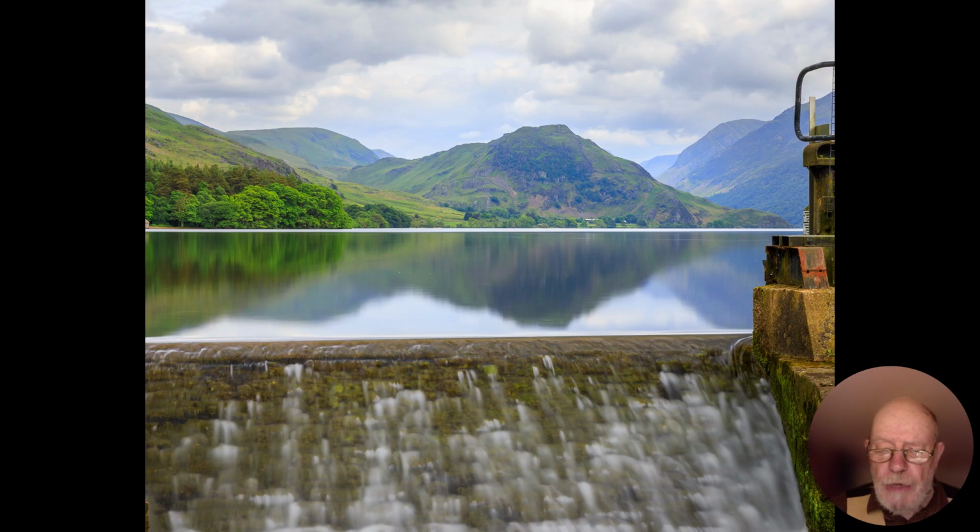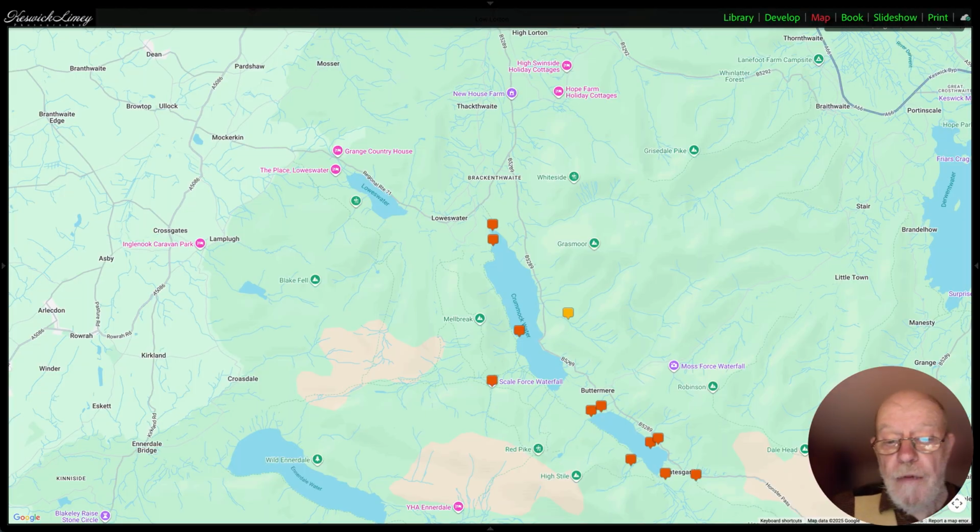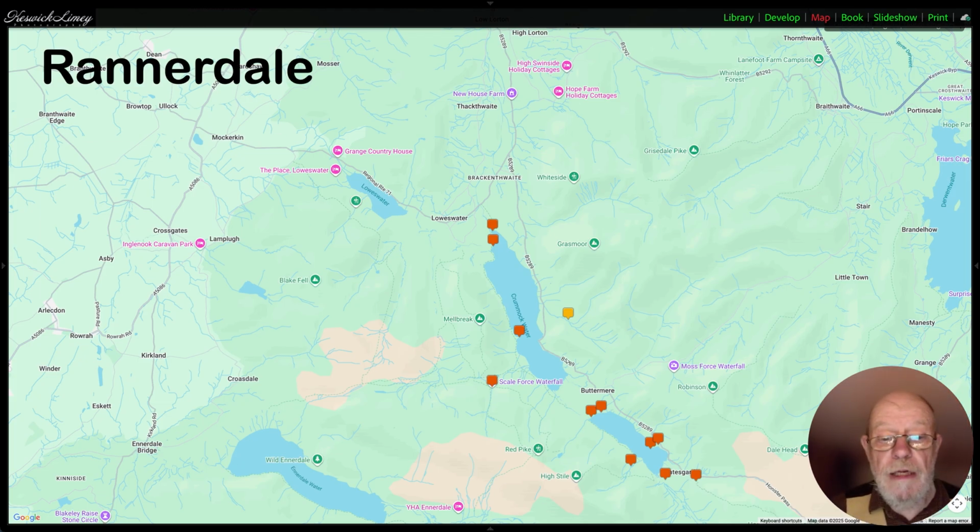There is a question mark over these because United Utilities, that is the water board that is responsible for these, is talking about changing them because they're not drawing water out of the lake anymore, and I think they don't want to have to maintain it, so there might be some changes, not quite sure what, but there we go. And from there we're going to come back round the other side and go to Rannerdale,